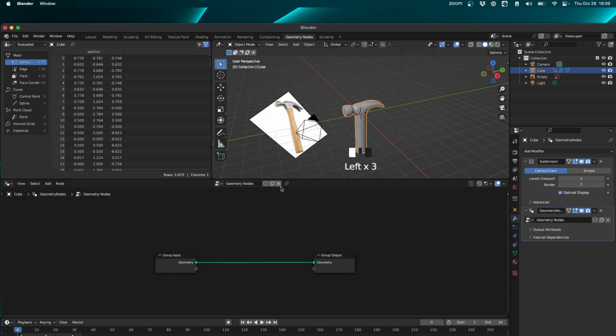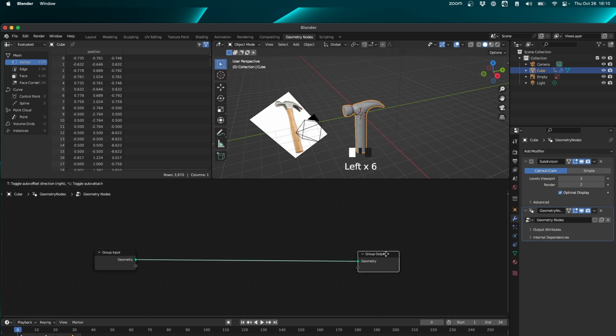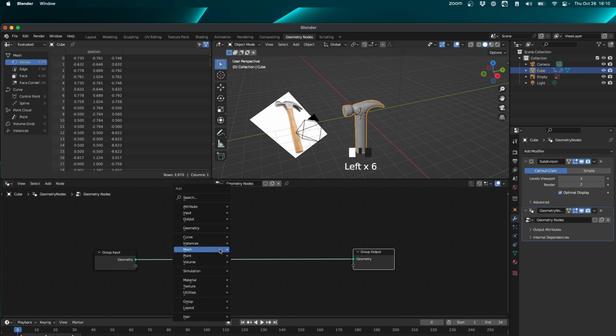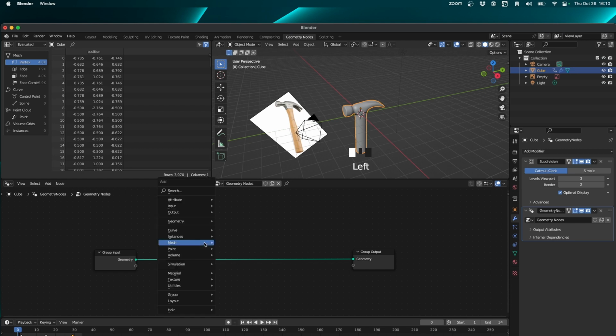I need to add a new geometry nodes sort of script, I would say. And this gives you the input of the geometry. So you could see that as the input to your program, and the output, which is the output of your program. And then I can start adding blocks of functionality in between that work on this geometry. So what I showed before was I was scaling and rotating. I can also do this in the geometry node. So I can add something by pressing Shift A. And then, for example, add, let's see,